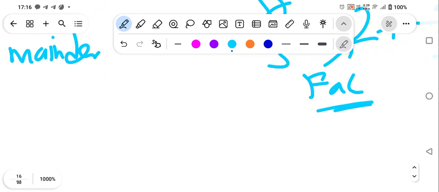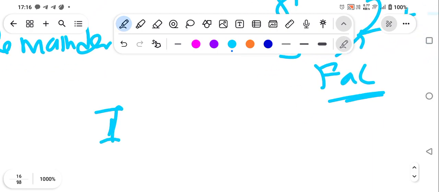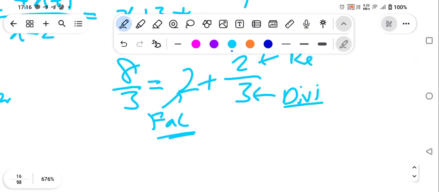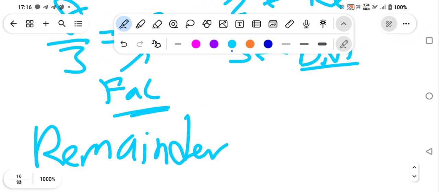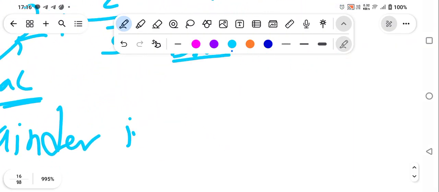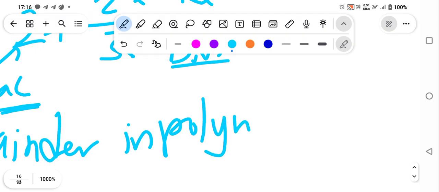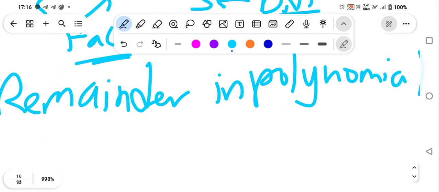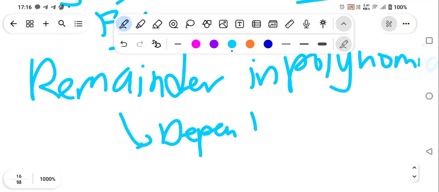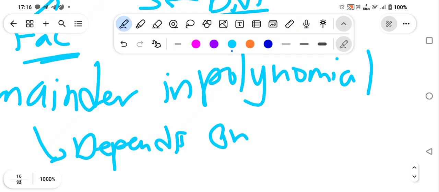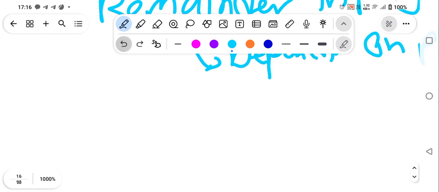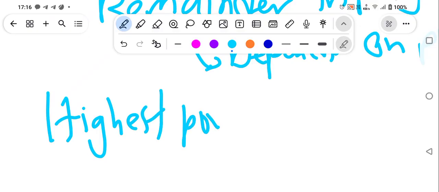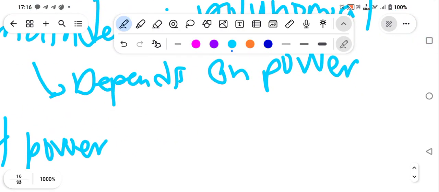Alright, I'm sorry about the confusion just now. I'm gonna make it clear right now. So the remainder in polynomial depends on power. So if the highest power of your divisor is